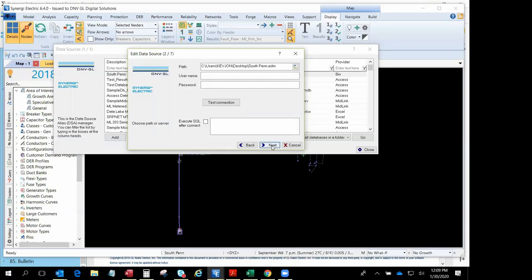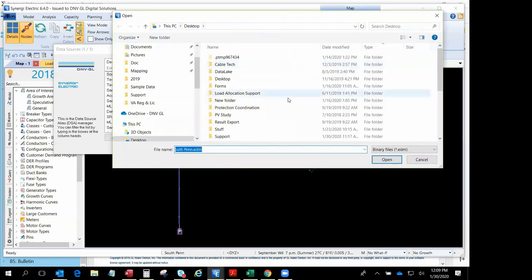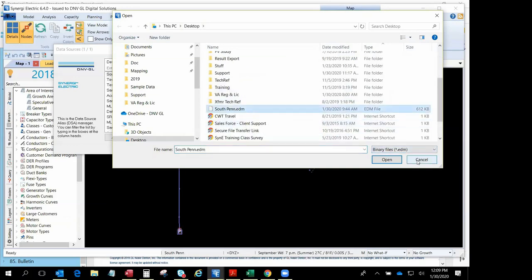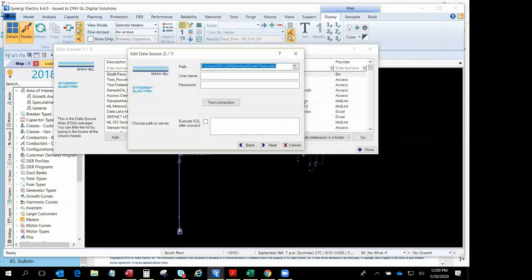If it's file-based, you just browse out to that location. This happens to be on my desktop. It's a binary file. Jump out to my desktop here. I can scroll down and find my binary file, EDM. There it is, South Penn EDM. I'll cancel that. If it's username and password required, many times when you're working with an enterprise database where you need login credentials,